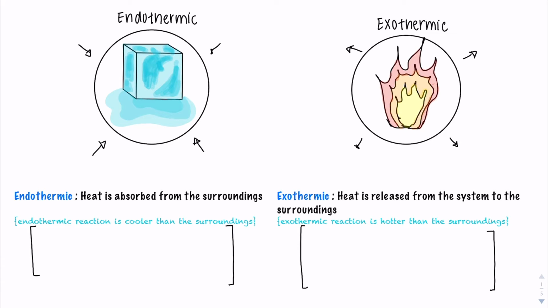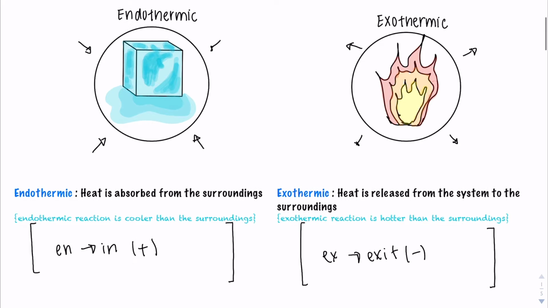A good way to differentiate between the two is by using En, which sounds like in, or rather, the energy or heat is going into the system, meaning this is adding energy to the system. An exothermic reaction, Ex, sounds like exit, meaning the energy or heat is exiting the system, which is losing the